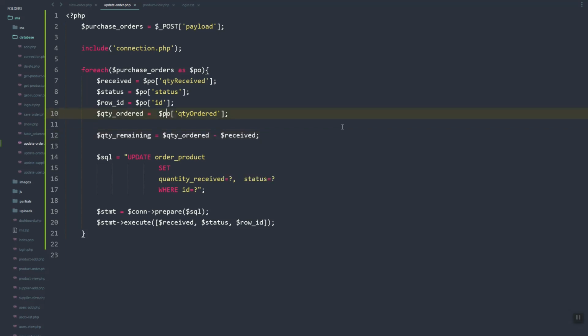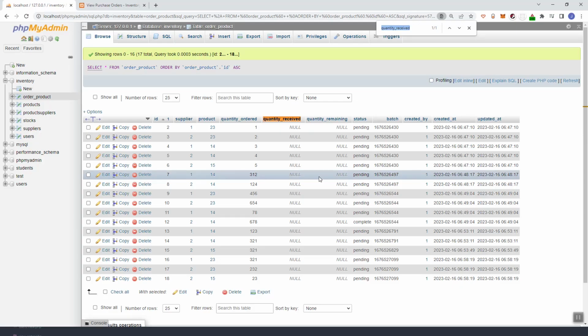So let's just make sure we convert it to integer, and now we have two other columns, quantity remaining,